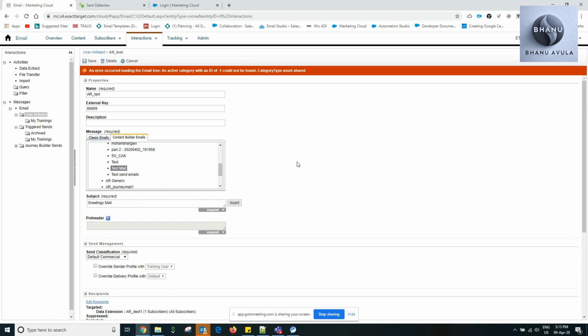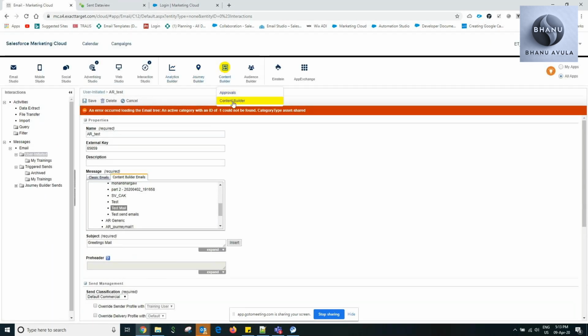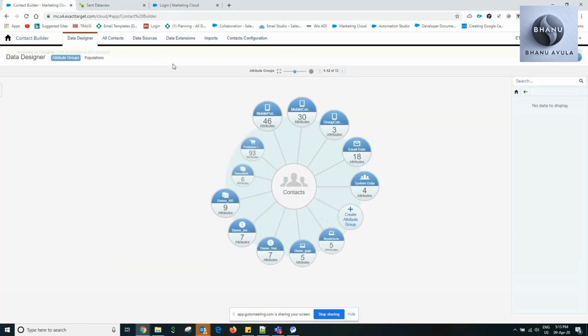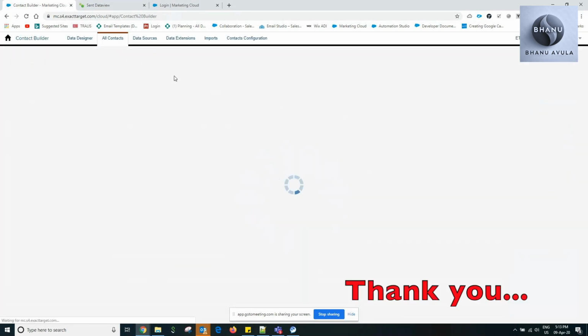Understood. As a best practice, one email definitely should have only one subscriber key. You should not have multiple subscriber keys for the email. Yeah, that should be the ideal case. And one more thing, if you see here in contact builder, I'll show you one more thing, because of how it measures. If you go to all contacts here,